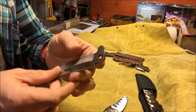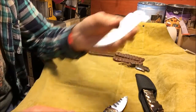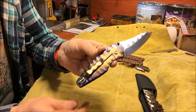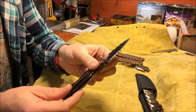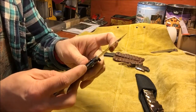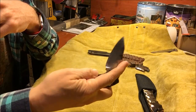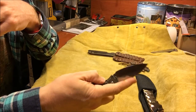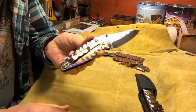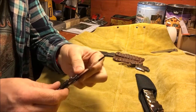So that's extra work, and if you screw that up, if those aren't set in exactly correctly, you'll have flipper issues. You don't have to worry about that when you're doing it with a thumb stud opener like this, because it's not riding on bearings, it's riding on nylon washers. The disadvantage, of course, is if you're into flippers, it's not a flipper, it's a thumb stud opener. But if you're okay with a thumb stud opener, then these are a nice way to go. The design's a little simpler, the geometry is a little bit simpler, and it's a little bit easier to